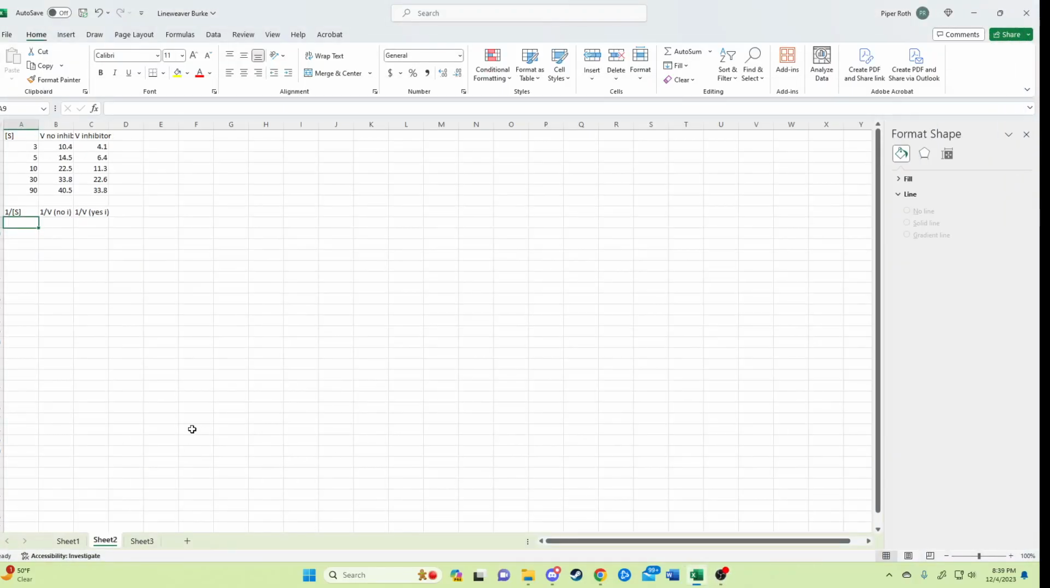Hello, I'm going to be demonstrating how to construct a Lineweaver-Burk plot. Over here in the top left, we have our data. This is the substrate concentration and the velocity with and without inhibition. The first step we're going to need to do is to calculate the reciprocals of our substrate concentration and our